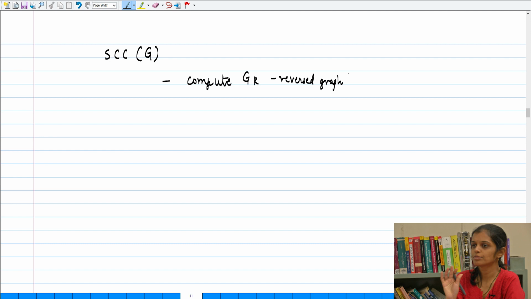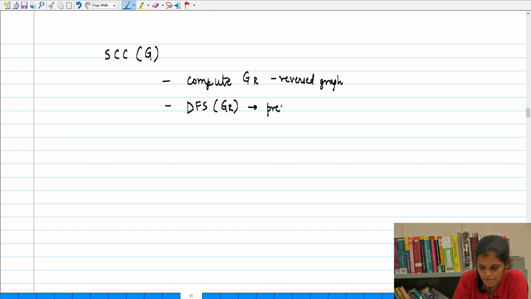So everybody understands what is the reverse graph, right? If AB is an edge in the original graph, in GR BA is an edge, and so on for every edge. So you compute the reverse graph, compute DFS of GR, and let pre-visit and post-visit be the numbers given